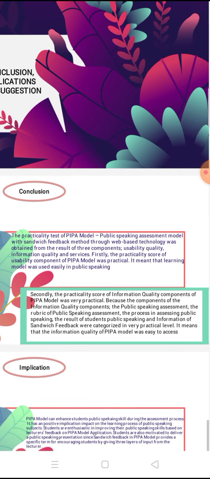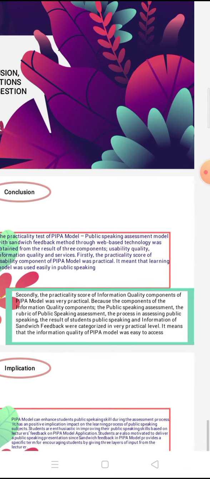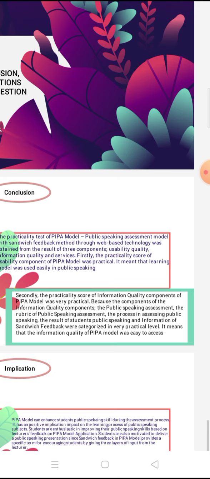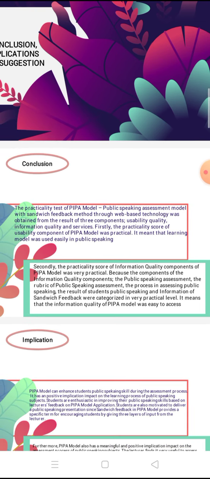Second, the practicality score of the information quality component was very practical, because the rubric of public speaking assessment, the process in assessing public speaking, the result of the students' public speaking, and information of sandwich feedback were categorized in very practical level. It means the information quality of the PIPA model was easy to access.